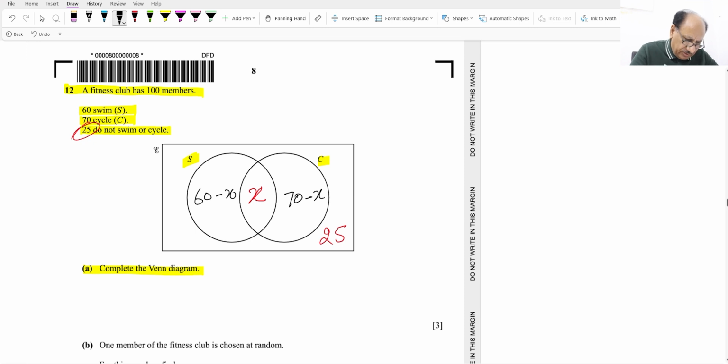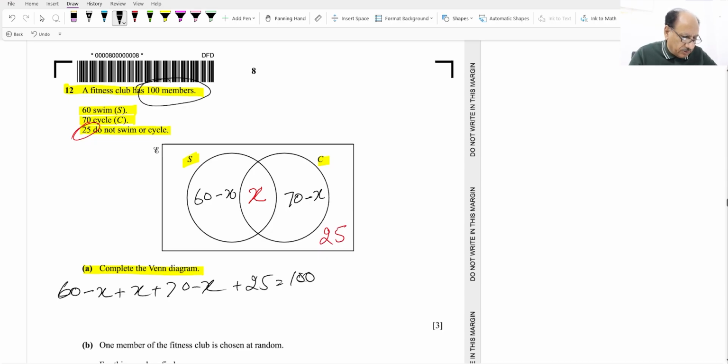So we can write the equation, and the equation will be what? The equation will be 60 minus x plus 70 minus x plus 25. This should be equal to 100 by the condition of the question which they have provided. Now we can cancel minus x and plus x, and the remaining will be 60 plus 70, which will be 130. 130 plus 25 will be